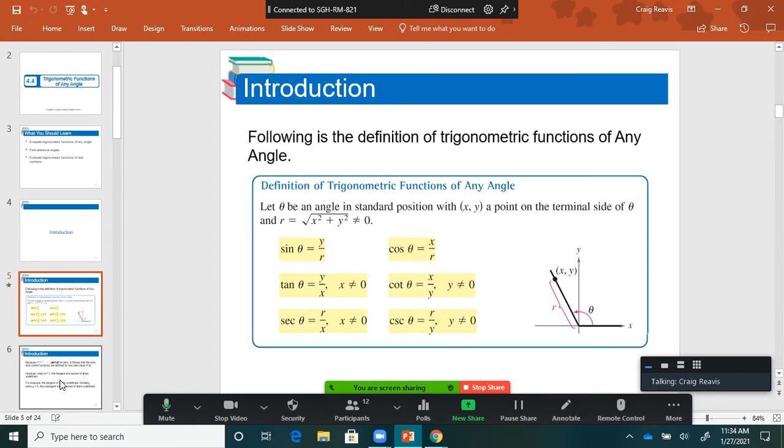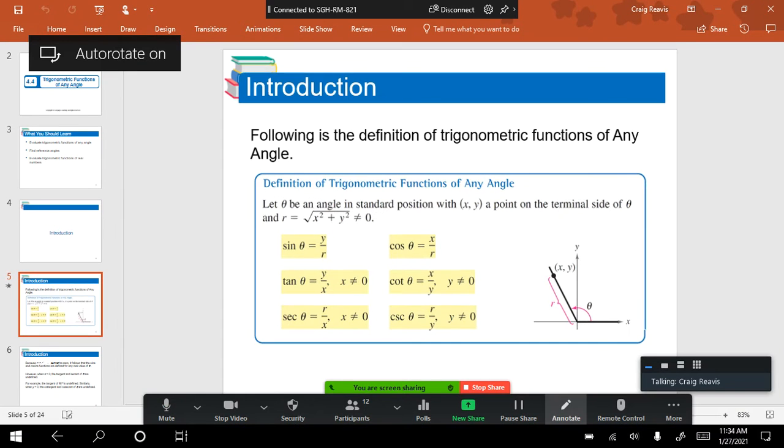All right, so this chart right here is very similar to what we were just talking about on the unit circle. Let me see if I can write on this. I'm sharing. Annotate. There we go. All right, so if you'll notice this chart right here, it says the sine of theta is